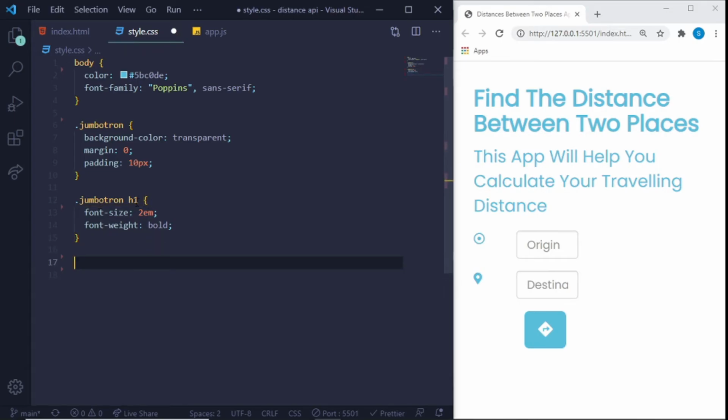Now I'm gonna copy this, paste, put a comma, copy this again because I really don't want to write Jumbotron again. Then the P,